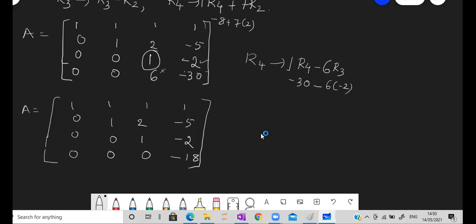Okay. This is no doubt now upper triangular. This is reduced to upper triangular. Can you reduce it such that an entire row becomes 0? So I'll concentrate on the third row. If I want to reduce this third row as 0 and I apply any operation, I should apply it such that those which are reduced to 0 should again be 0 only. They should not change again. Is it possible?